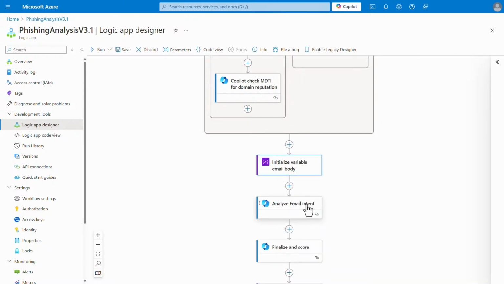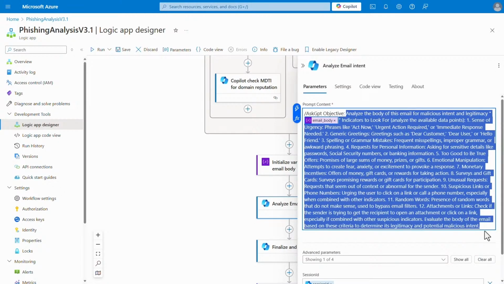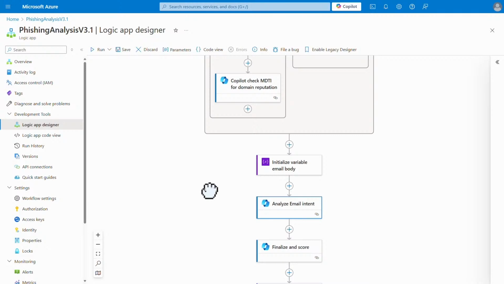Now, my favorite part here, the secret sauce, if you will, is the intent. So we have extracted the email body, and the prompt is trying to understand the intent of this email. And we've specifically engineered this prompt so that it will identify signs of phishing. This prompt will work really well out of the box for most organizations, but if I were you, I would add additional details specific to your organization.